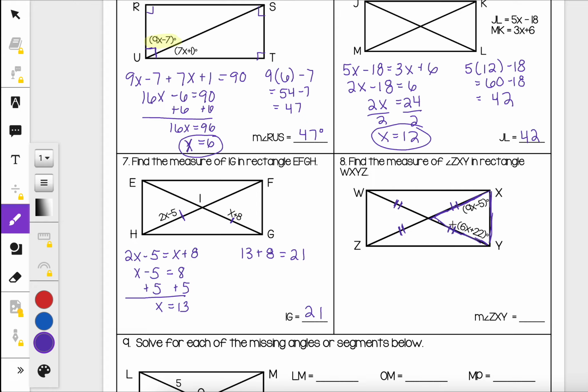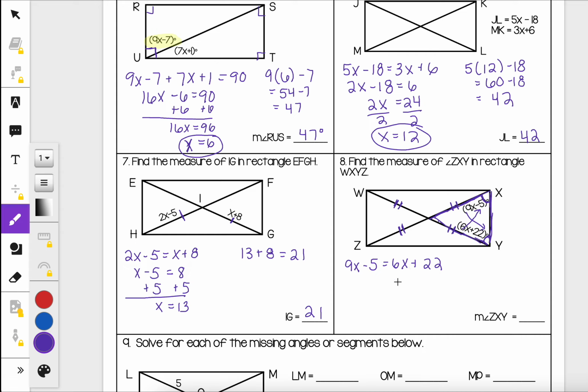And if we remember from the isosceles base theorem, it tells us that if we have a triangle that has two congruent sides, we're going to have two congruent base angles. Those angles across from your congruent sides are also congruent. So to solve for x here, I can set 9x minus 5 equal to 6x plus